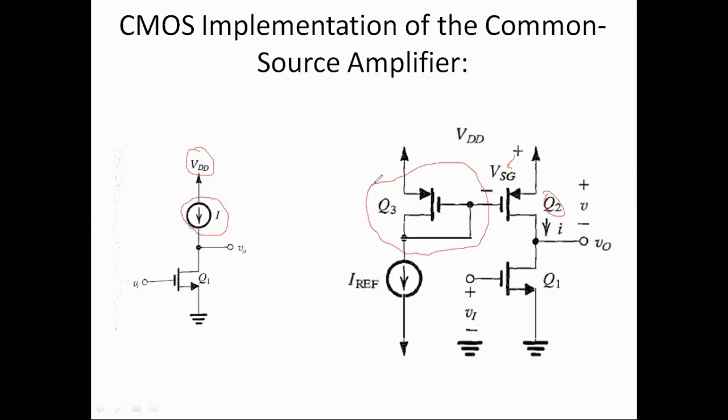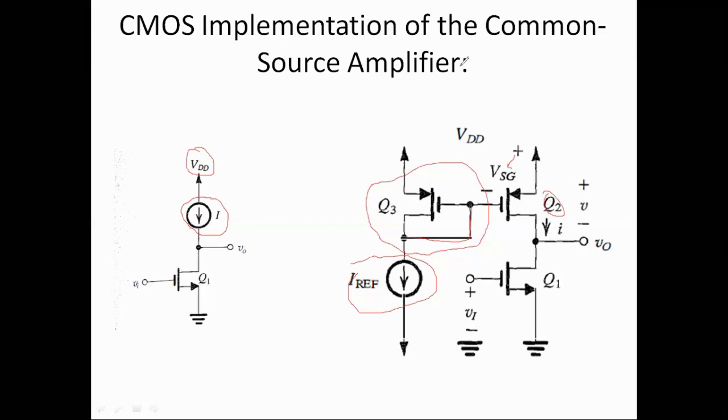How are we going to make the MOSFET work in saturation? Just connect the drain and gate together so that it ensures this MOSFET is working in saturation and acts as a constant current source, and it is biased with the I reference current source. So this I reference is the current flowing through Q3, and the voltage between source and gate of Q3 is VSG, and the same voltage is across the source to gate of Q2, so that this I reference will be reflected into Q2 depending upon the W by L ratio of Q2 and Q3.